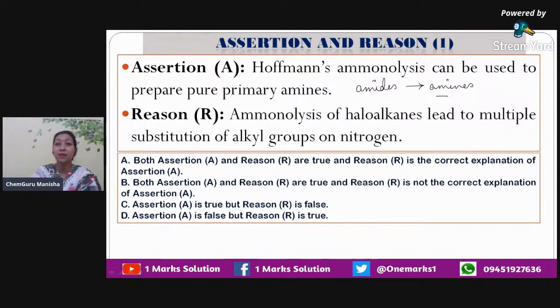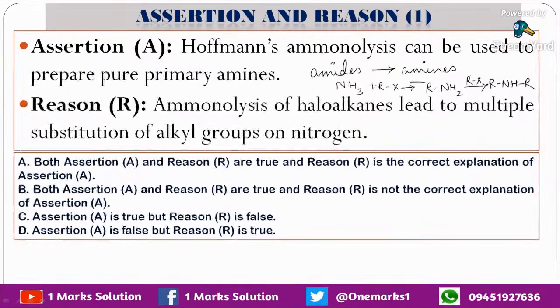Now, in ammonolysis, you have NH3, you react it with RX, and you get RNH2. Then you further react with another RX, so you get RNHR. So ammonolysis is the process of using ammonia, and here it says that it can prepare pure primary amines, which is not true. So the assertion here is false, and the reason says ammonolysis of haloalkanes leads to multiple substitution of alkyl groups on nitrogen, which